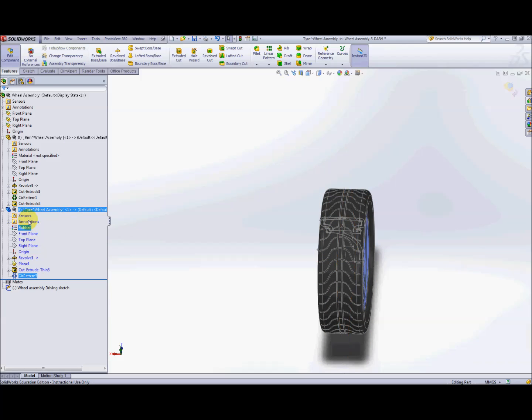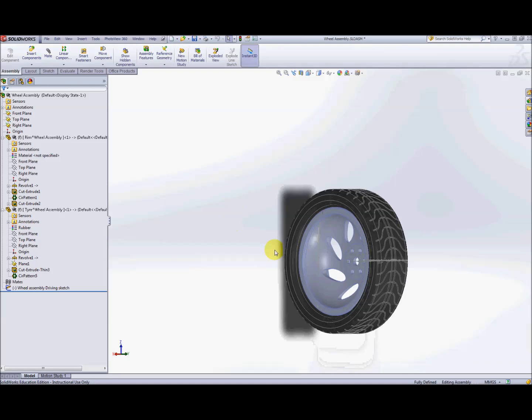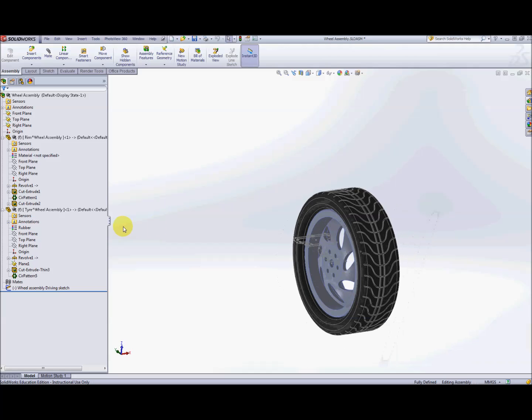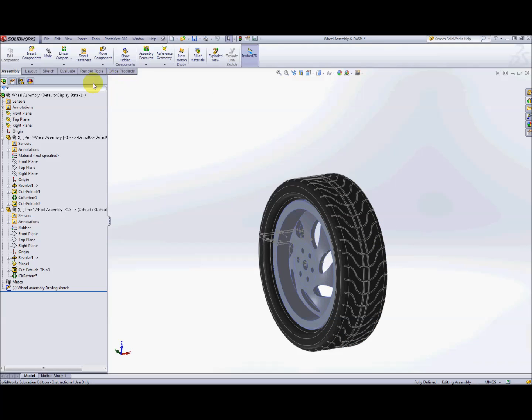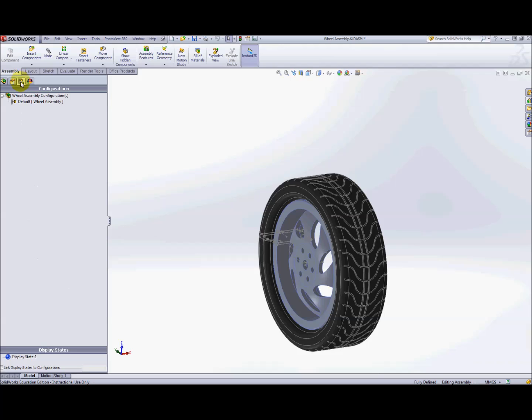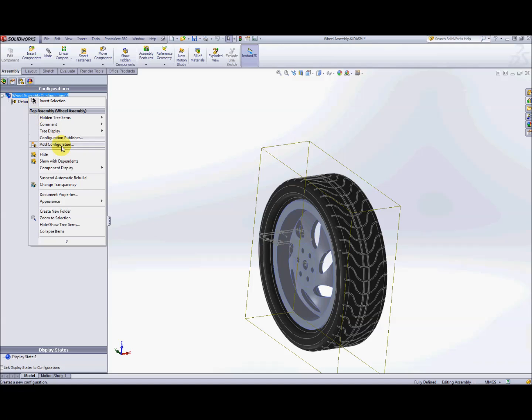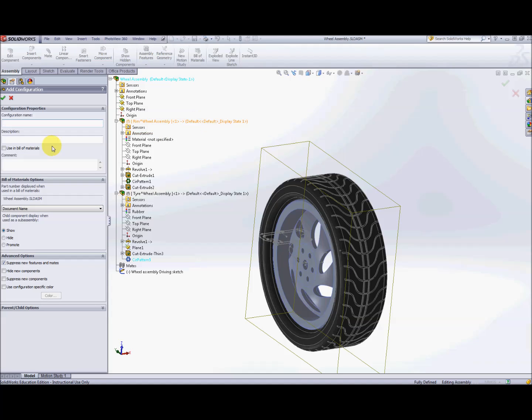Now we're still in the editing mode for the tyre. We need to exit that, so just click on edit mode. Now we're back into assembly mode. The final thing we're going to do is we're going to make a couple of configurations of this tyre. So if we go to the configuration manager, select that, we're going to add another configuration. So right click on the wheel assembly configuration, go to add configuration, and we're going to call this one 250 wide,